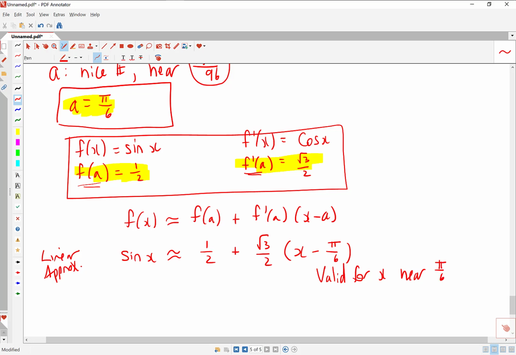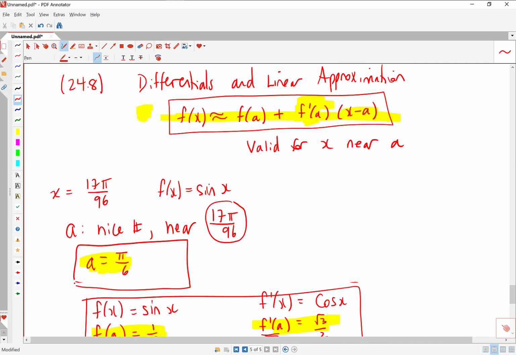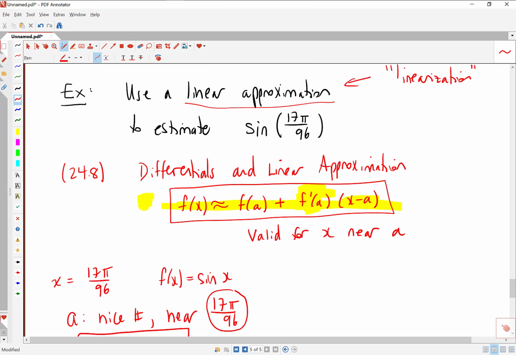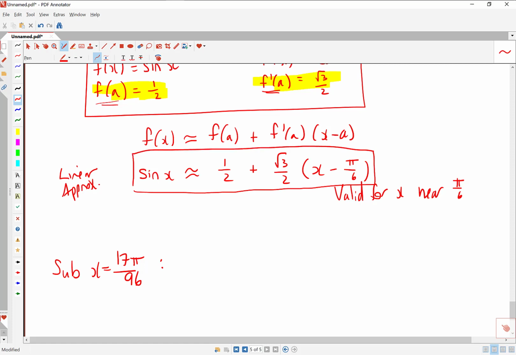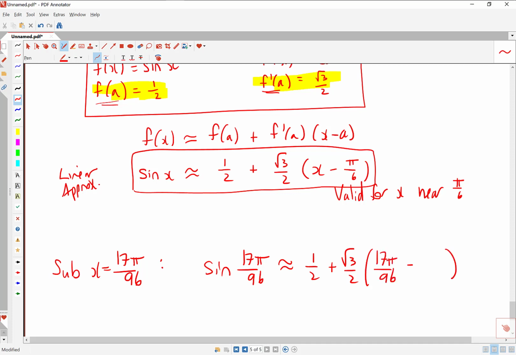So we're almost done. If we scroll back to the original question, let's figure out what they were asking. They said, estimate the value of sine 17 pi over 96. Now that we've got our linearization done, the very last step is to sub in whatever messy x value you're working with, 17 pi over 96, and we'll have our estimate. So sine of 17 pi over 96 is approximately equal to 1/2 plus √3 over 2 times 17 pi over 96 minus pi over 6. We can put this whole right side into our calculator, and that comes out to about